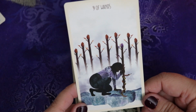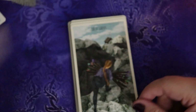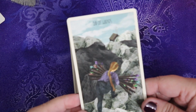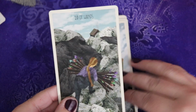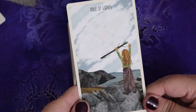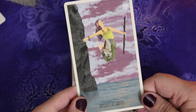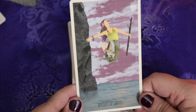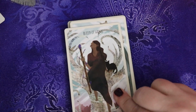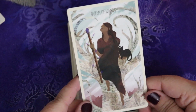Nine of Wands. Ugh, so tired. So tired. And the Ten of Wands. Managing. Definitely managing. The Page. Ready for adventure. Love it. Ooh, I love this Knight of Wands. Just diving in. I feel like there are a lot of spiritual growth type messages in this deck,